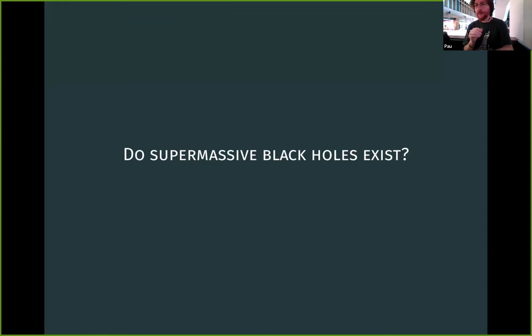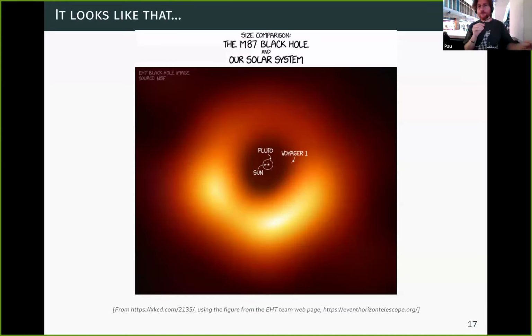So what about supermassive black holes? Do they exist? Well, if you look at the galactic nuclei, it looks like we are seeing things which look like black holes. For instance, if you have seen the Event Horizon Telescope observations, this is M87. This is actually taken from XKCD. If you don't know XKCD, I highly recommend it because it's very fun and accurate. And on this plot, as usual, you have text alongside which says not to scale. Well, this one is to scale. And this is the dark thing that you observe in M87.